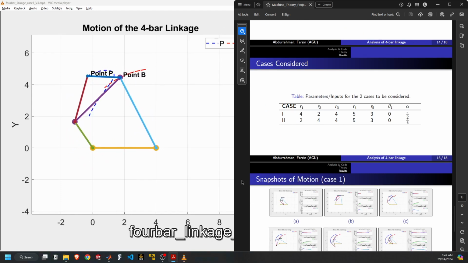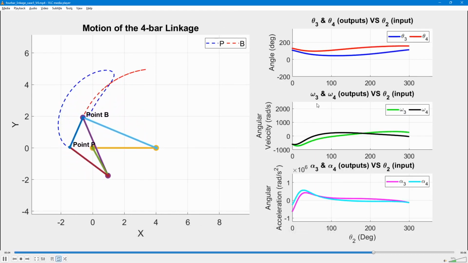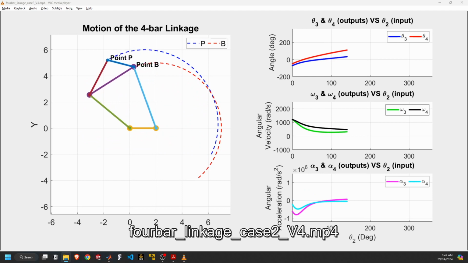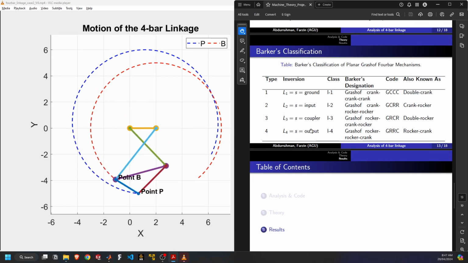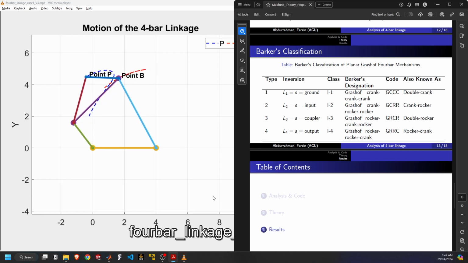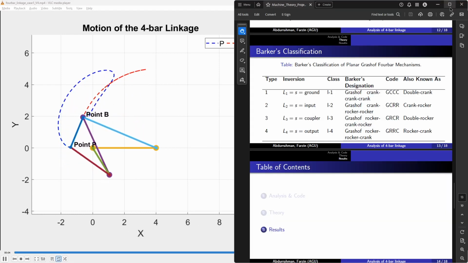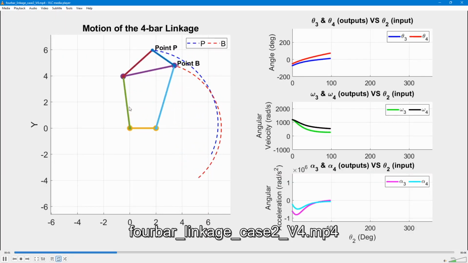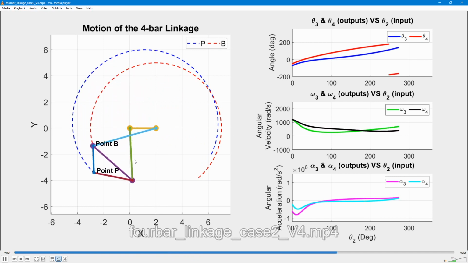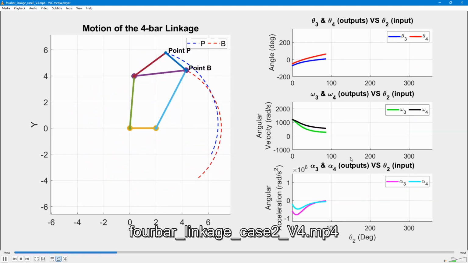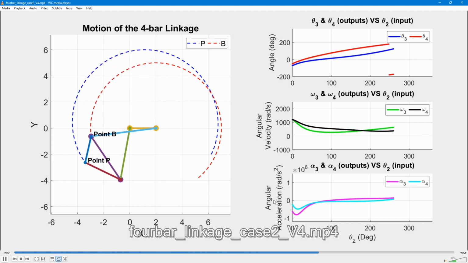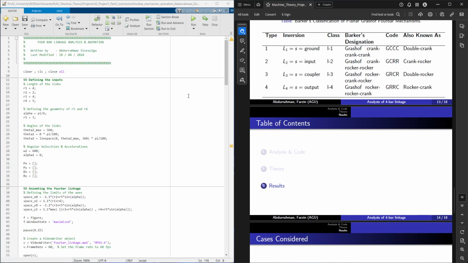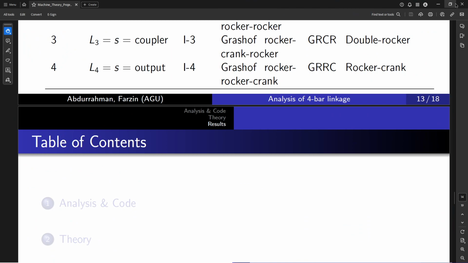For case 2, a similar thing is seen. So if we open the second case, we can see similar stuff. Here we have the shortest link being the input, and thus we will have a double crank motion. As you can see, the input is giving a full rotation as well as the output, and here we can see how both of them are giving a full rotation. At the same time, you can see how the angular velocity and angular acceleration are developing as theta 2 is increasing. With this, you can have a look here at the code,